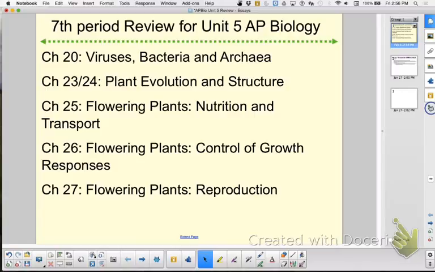Sporophytes always make spores through what process? Meiosis. Those spores, haploid or diploid? Haploid. They do mitosis to make a gametophyte. The gametophyte does mitosis to make a gamete. Gametes get together through fertilization and form a diploid zygote, who does what? Mitosis to make what? A sporophyte. Every step has mitosis to the next one except sporophytes making spores.